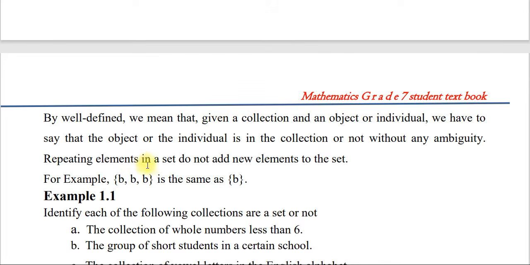Repeating elements in a set do not add a new element to the set. አሁን የሆነ ሴት ተሰጥቶ እዛ ሴት ላይ የሆነን ሜምበር ወይም ኤሌመንት ሪፒት ብናደርገው ምንም አዲስ ነገር ሊፈጥርልን አይችልም ይለናል። For example, the set containing b, b, b is the same as b. እንግዲህ እዚህ ውስጥ ያሉ ነገሮች ሶስት ሊመስሉን ይችላሉ ግን አንድ ነው። እንደምታዩት b ብቻ ነው ያለው። ኦኬ ስለዚህ ሴት ውስጥ ያለ ሜምበር መደጋገም አዲስ ነገር ሊፈጥርልን አይችልም ማለት ነው።